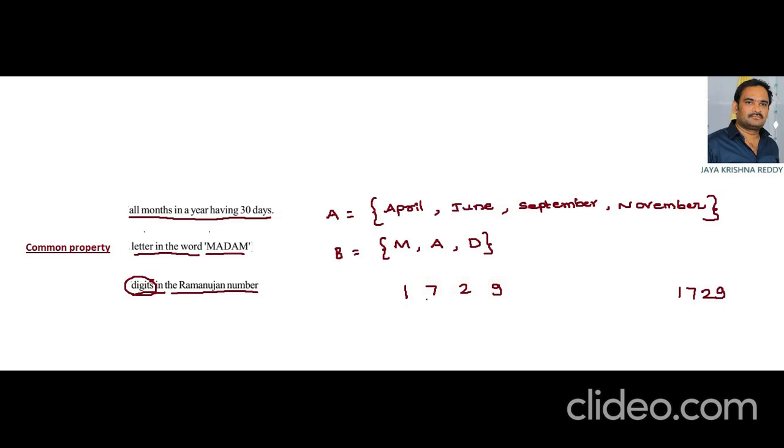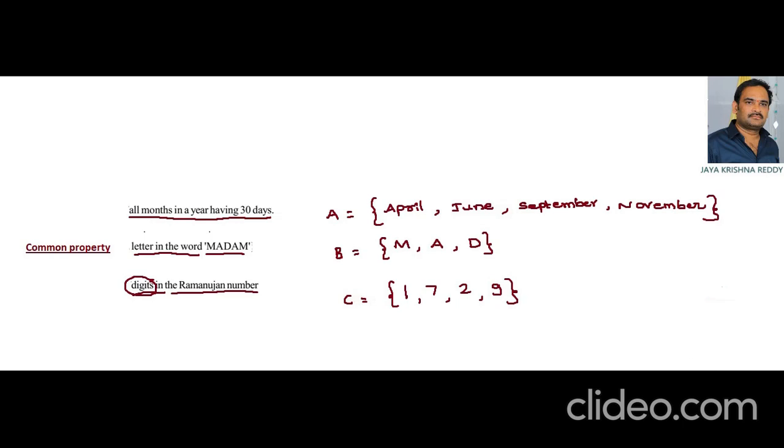So these four digits 1, 7, 2, 9 are following a common property, that these are the digits of the Ramanujan number. So this collection is called a set, and we can write by separating them by commas and keep them in braces, and let us denote it by any English capital letter, suppose C equal to